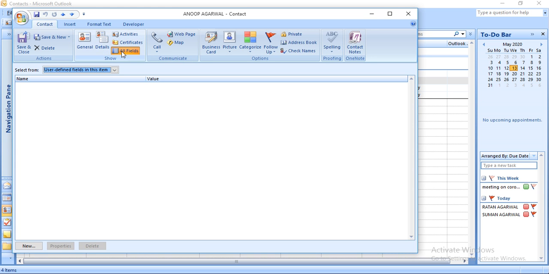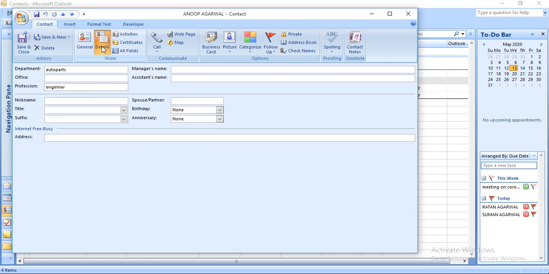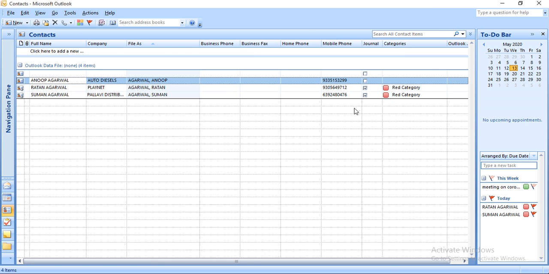And then all fields. These are user defined fields. Then details. Then save it. Then the information will be saved.